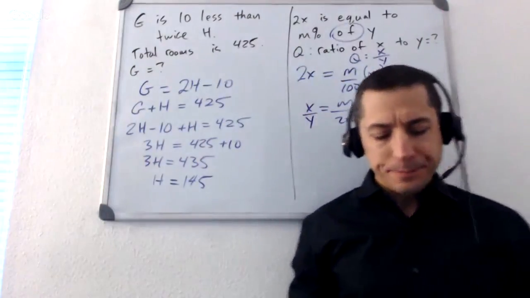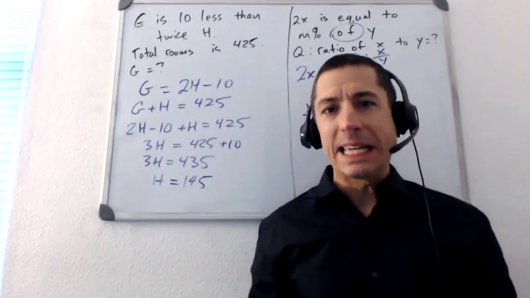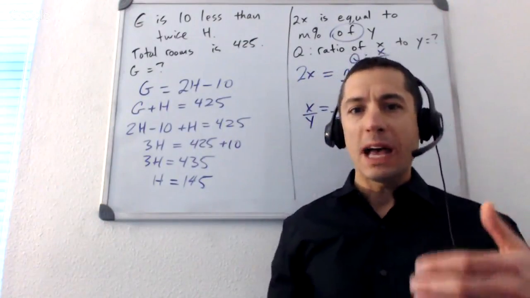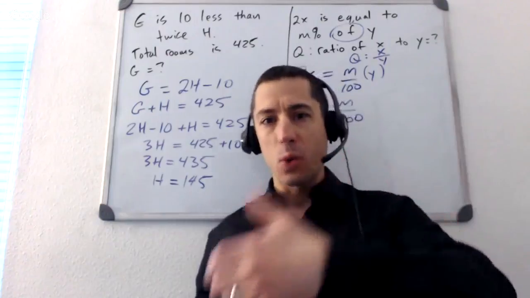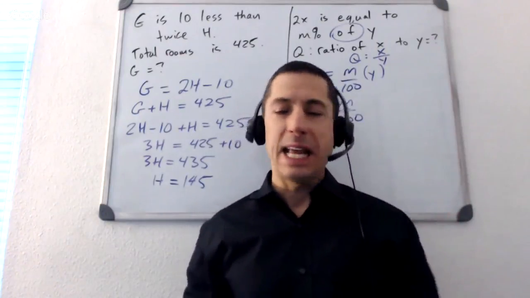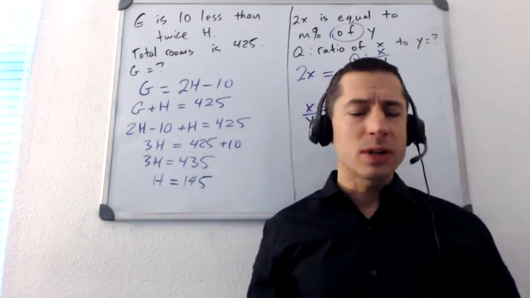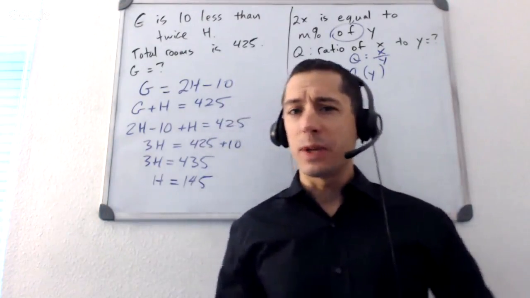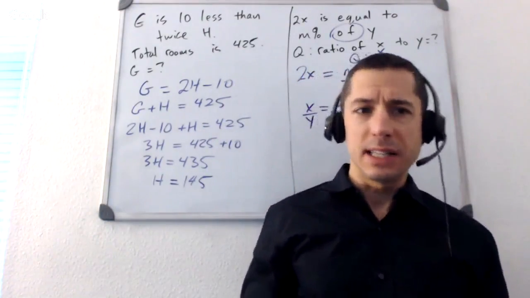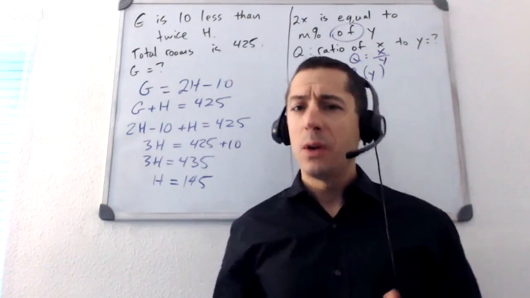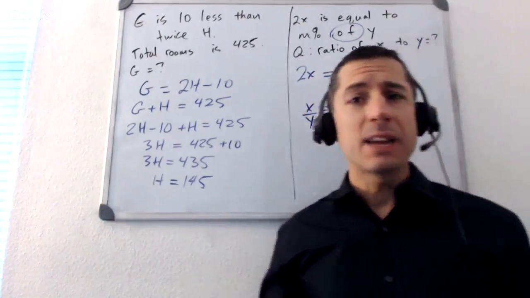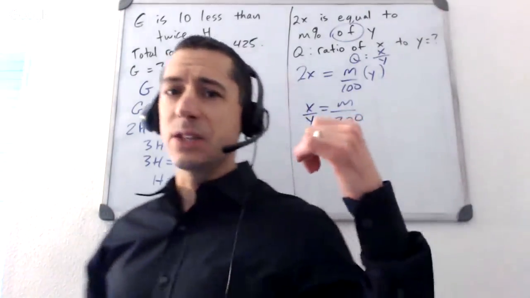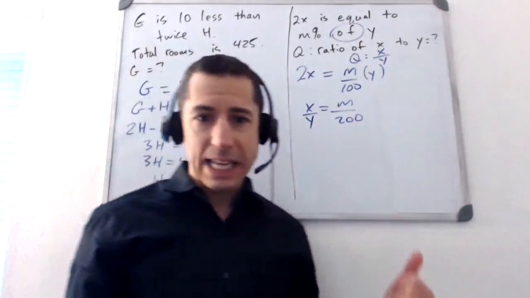What's my point? If the GMAT is going to gift you a situation where all you have to do is straight translate a word problem into algebra, take that opportunity every single time. Don't get cute. Don't start picking numbers. Don't start back solving. All this stuff we love to tell you in the test prep industry, that oh, avoid the algebra, pick numbers. Why? No point in doing that. If they give you the opportunity just to do a nice clean translation, by all means, take it.